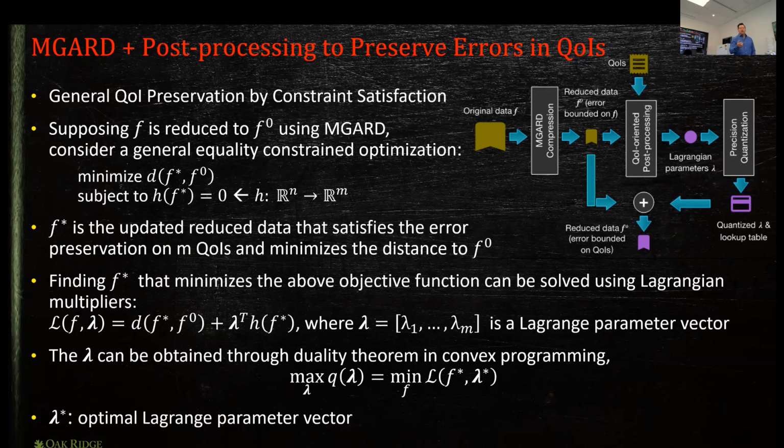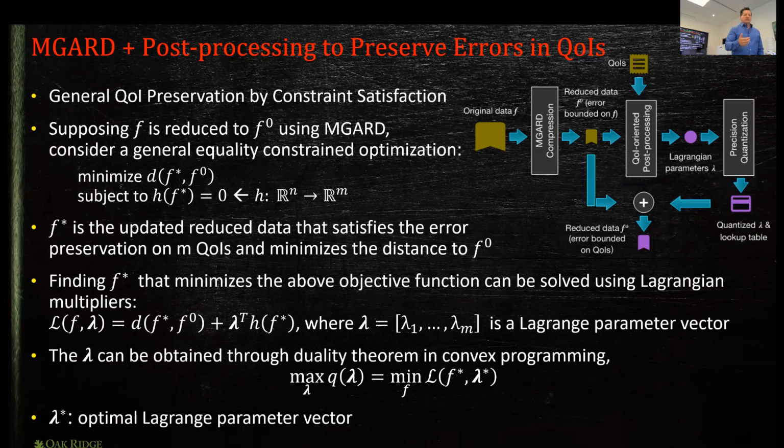We don't quite know why. I mean, we have thoughts, but what we want to do is compress the raw data. Then we can pose this optimization problem of the residuals, meaning take the raw data, subtract the reduced data, and find out where that's greater than some value. Now we can compile this other post-processing algorithm. In the post-processing, we can look at this in terms of a Lagrangian, and we can look at the Lagrangian multipliers.